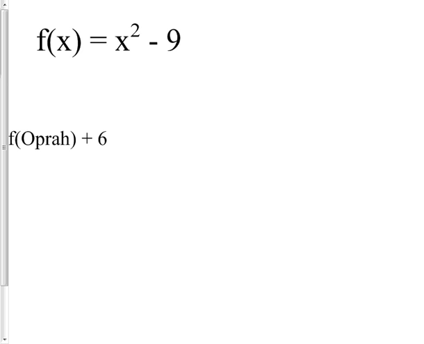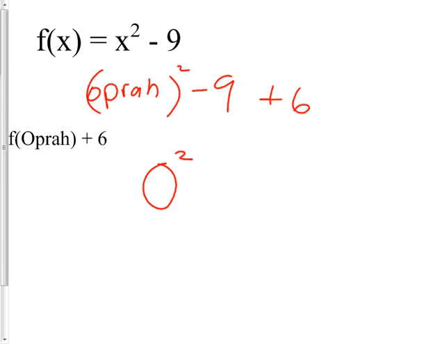This does throw a lot of people for a loop. It really is just the same thing as if I had said f of 2 plus 6. I would take the 2 and stick it in the function. Well, in this case, what do I stick in the function? Oprah. And so it's really Oprah squared minus 9 is what I get. And then what do I have to do? Add the 6 at the end. And the final answer is Oprah squared, and then plus, no, not plus, minus